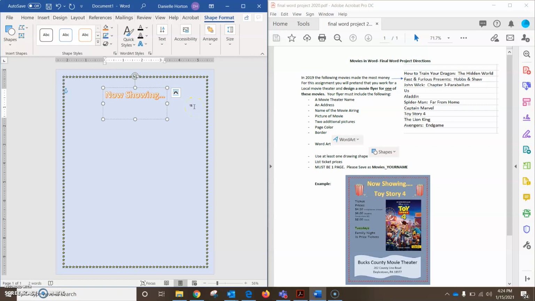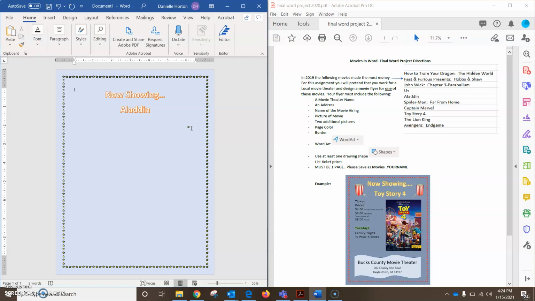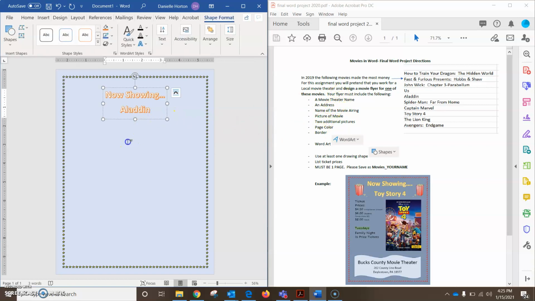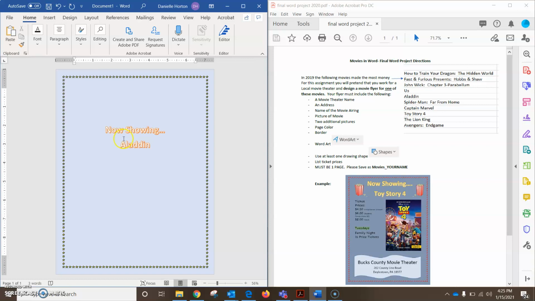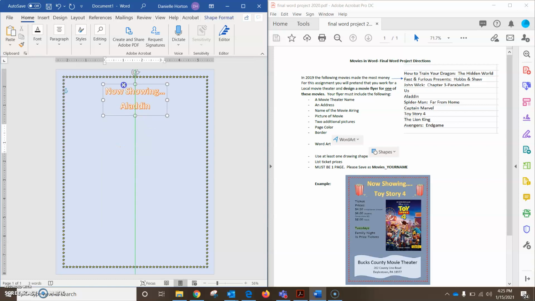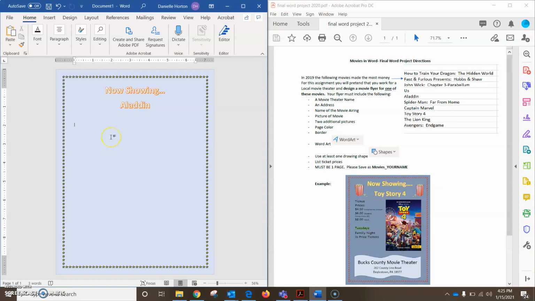Then I'm going to choose one of the movies. I'm going to go with Aladdin. From there, I need to add ticket prices. So I'm going to click down on the sheet, move this text box back up, and then write ticket prices. I'm just going to make these up. So let's go